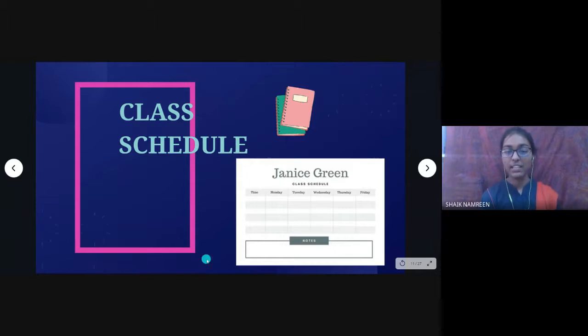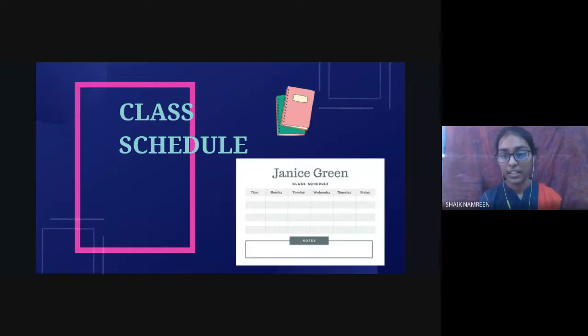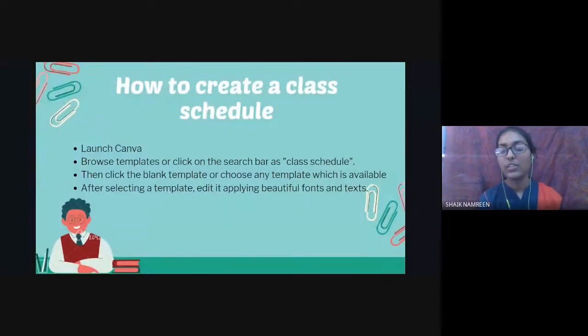Next is class schedule. Everyone knows how important a class schedule is for us. So we'll see class schedule. I think everyone in your childhood days took your notebooks and wrote your class schedule on the back papers. Like you will get your notebook and printed class schedule like this. So I have done this type of thing. So this is a virtual class schedule. You can say it like this also.